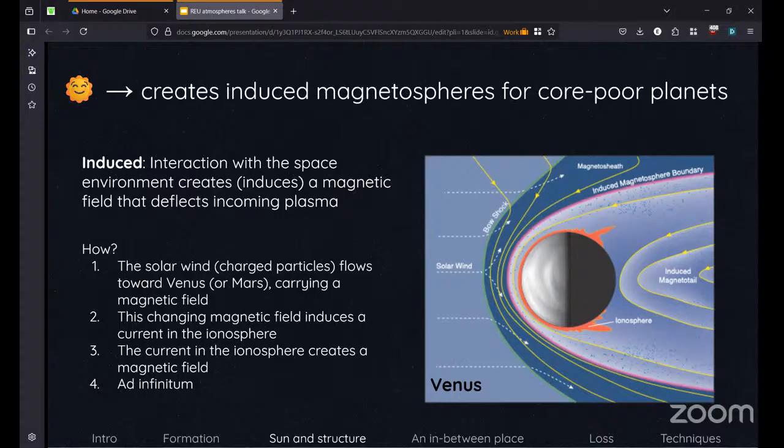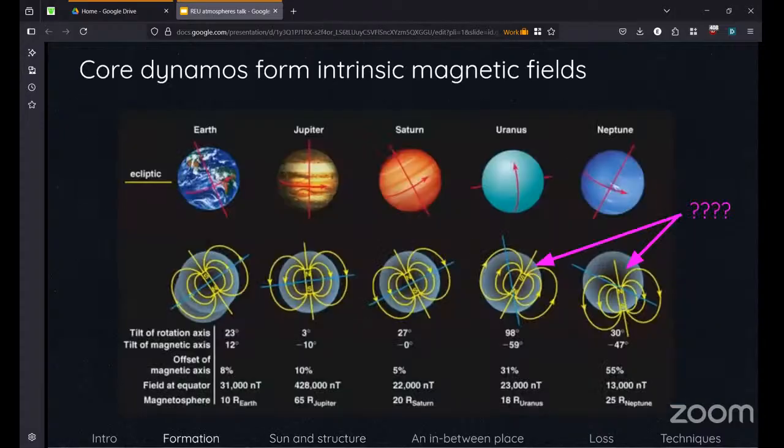We do expect that with a full dynamo magnetic field, maybe this is helpful in some way to the maintenance of an atmosphere, because we have a full dynamo magnetic field here on Earth and we have an atmosphere, so that's good. It might have to do with the timing of the magnetic field and when the atmosphere is formed and when it's being lost. So lots of open questions there.